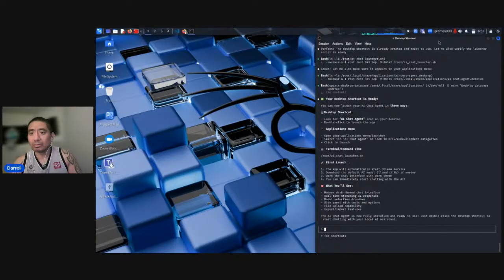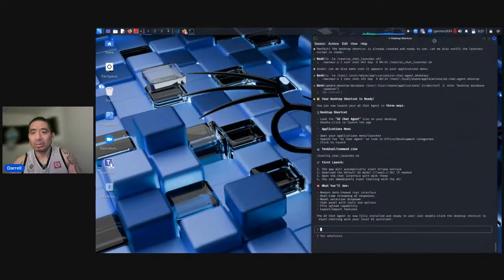Okay, so I don't see it anywhere on my screen. So let's say I do not see the desktop shortcut on my desktop screen. Please help.